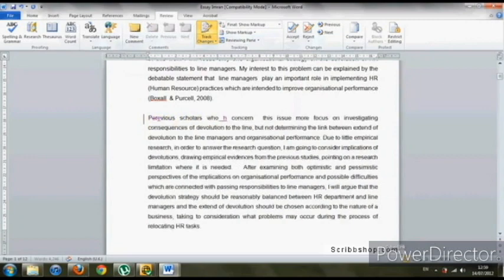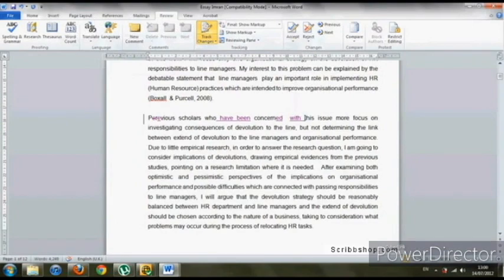Now here I'm going to add have been concerned, make it passive, and I'm going to add with here: previous scholars who have been concerned with this issue, and I want to say focus more, so I'm going to delete focus and delete more rather, and put it on the other side of focus. So previous scholars who have been concerned with this issue focus more on investigating the consequences of devolution